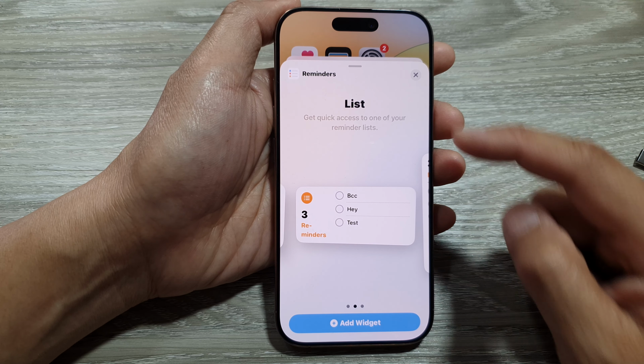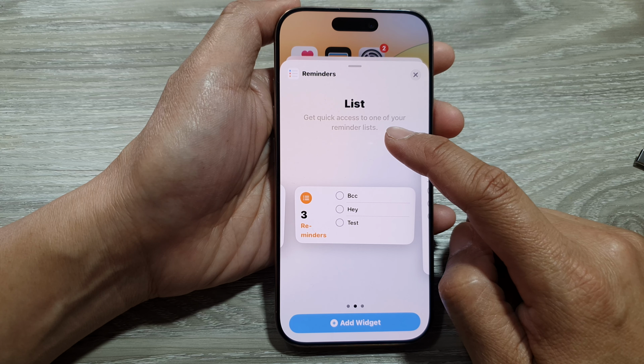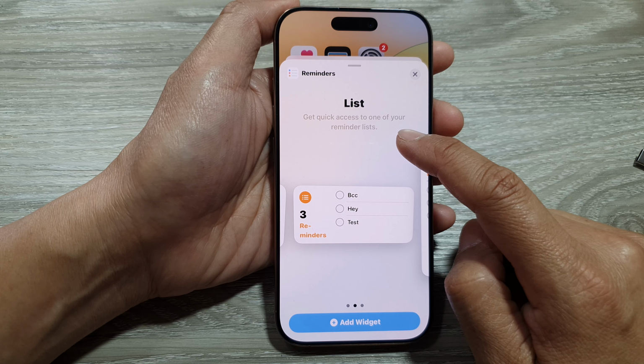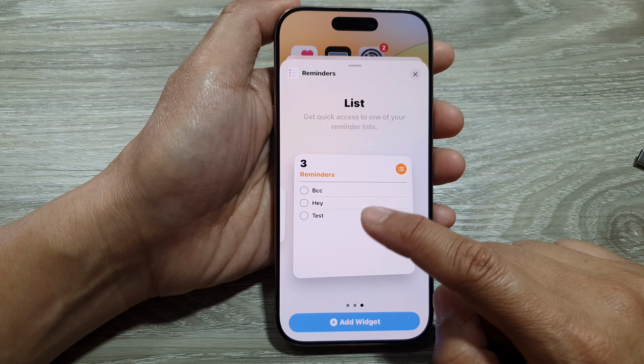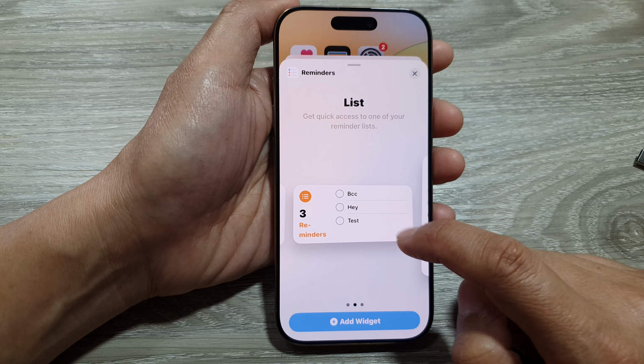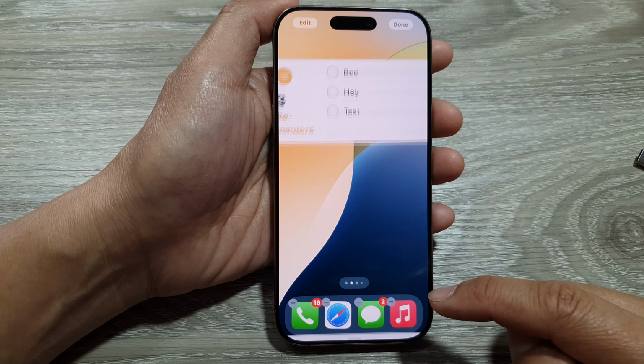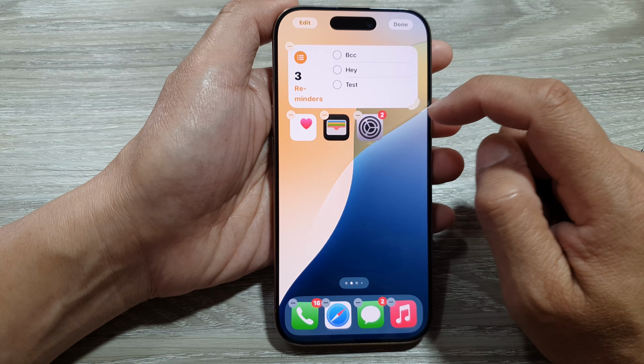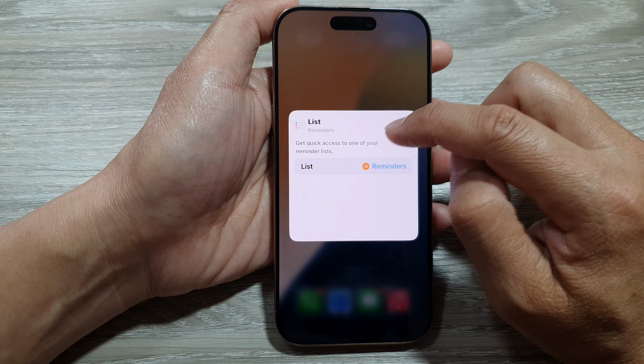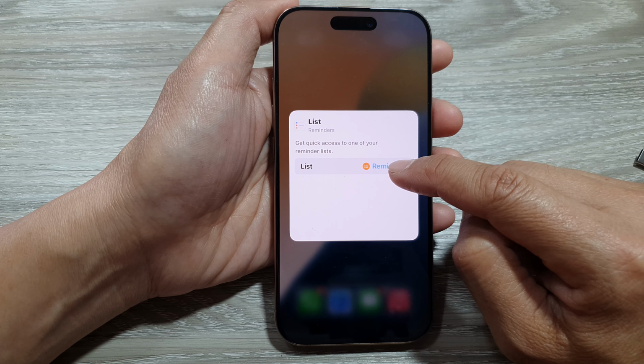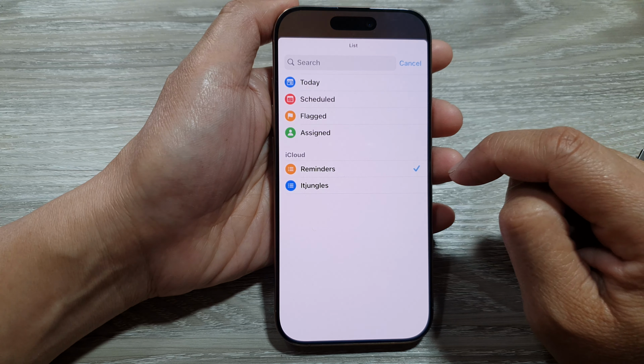This widget will allow you to get quick access to one of your reminder list. So here I will choose a medium size widget, then tap on add widget, and that will get added to your home screen. If you tap on the widget, you can choose the list, so tap on list, and from